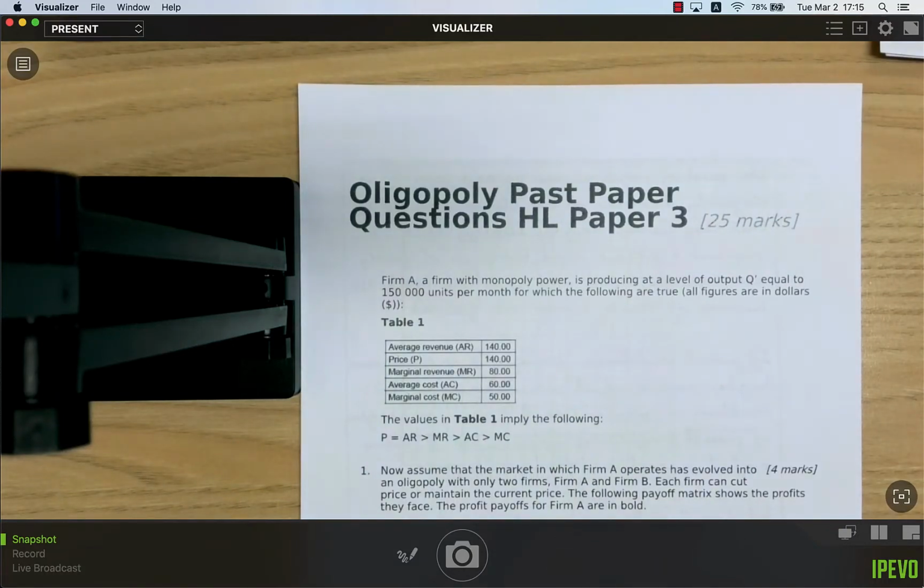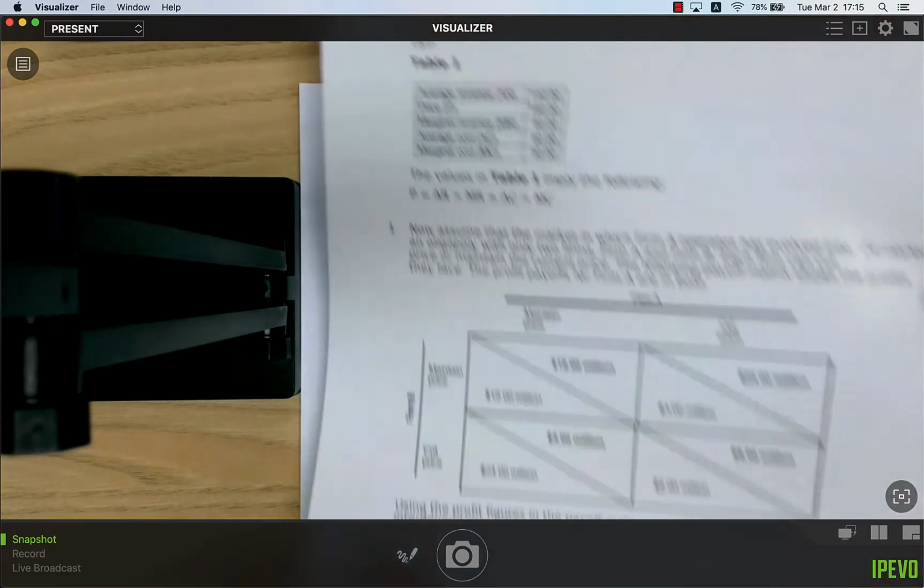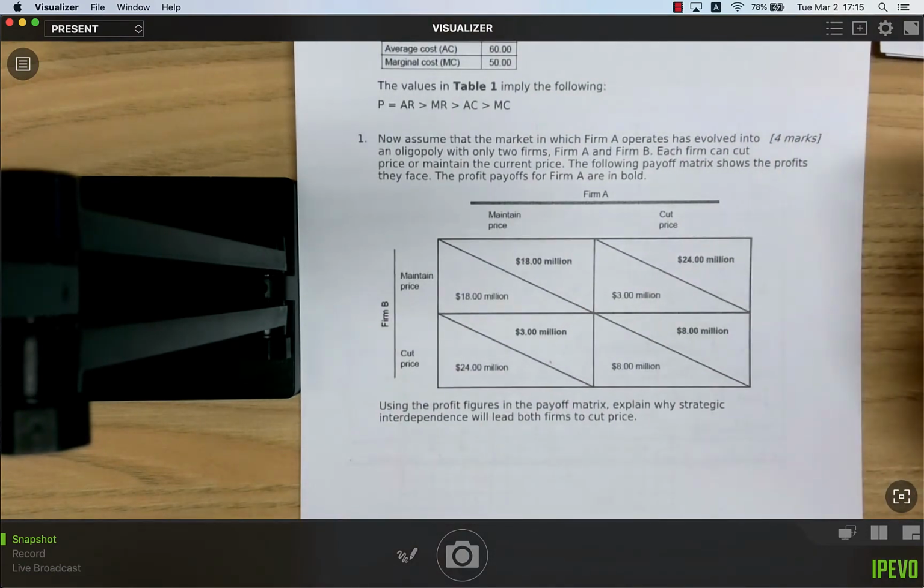Okay guys, and welcome to the last video on the mini-series on theory of the firm, and this one is covering oligopoly. What I want to bring your attention to now is what we call a payoff matrix in economics,